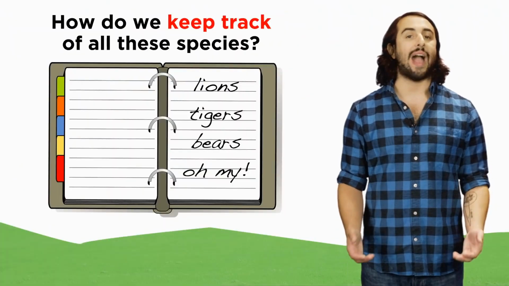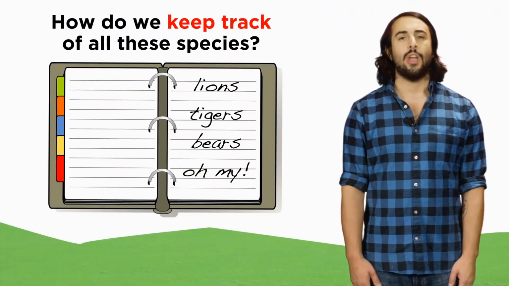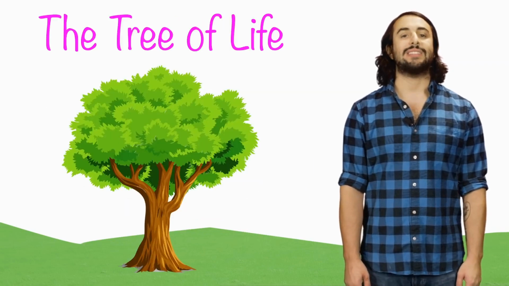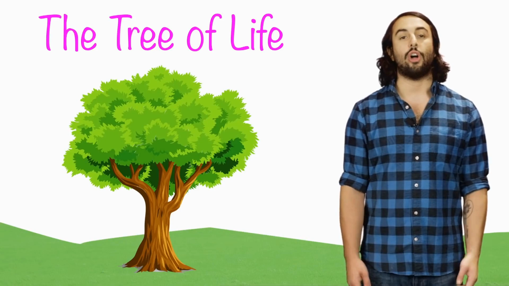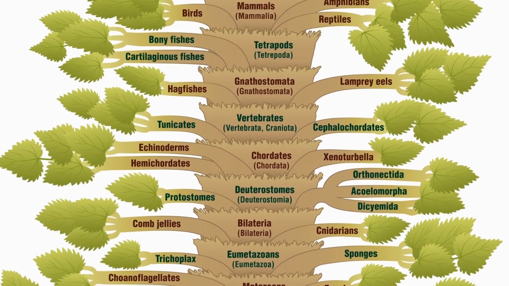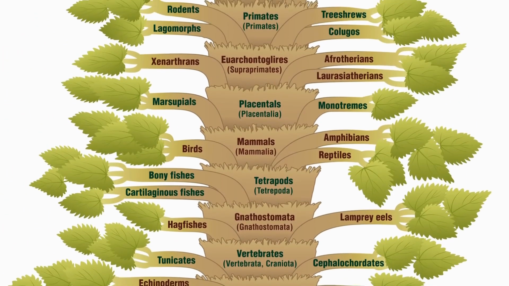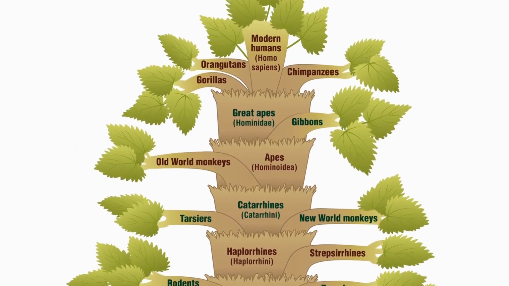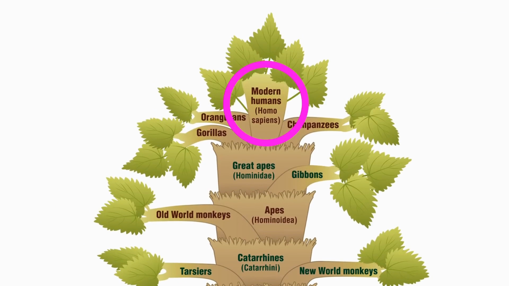So how do we keep track of all these different kinds of life? Which creatures are more closely related and which are more distant? To stay organized, we use something called the tree of life. We can think of the trunk of this tree as the unicellular common ancestor of every living thing in history. Of course, this is long extinct, but it produced other organisms which are represented by different branches, and these in turn produced other organisms, and so on, until millions of years later, here we are, along with whales and birds